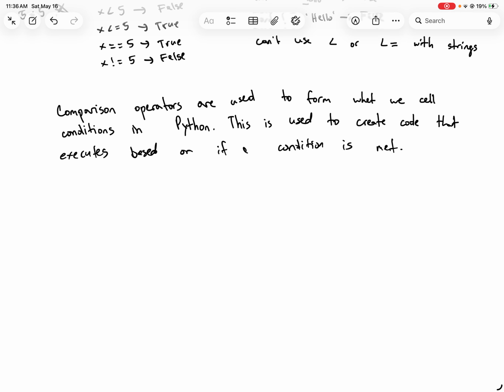So the idea is that life is based on conditions. If this thing happens, you take one course of action. If not, then you take a different course of action. This is called conditional execution. The idea that you execute code based on conditions is performed in Python